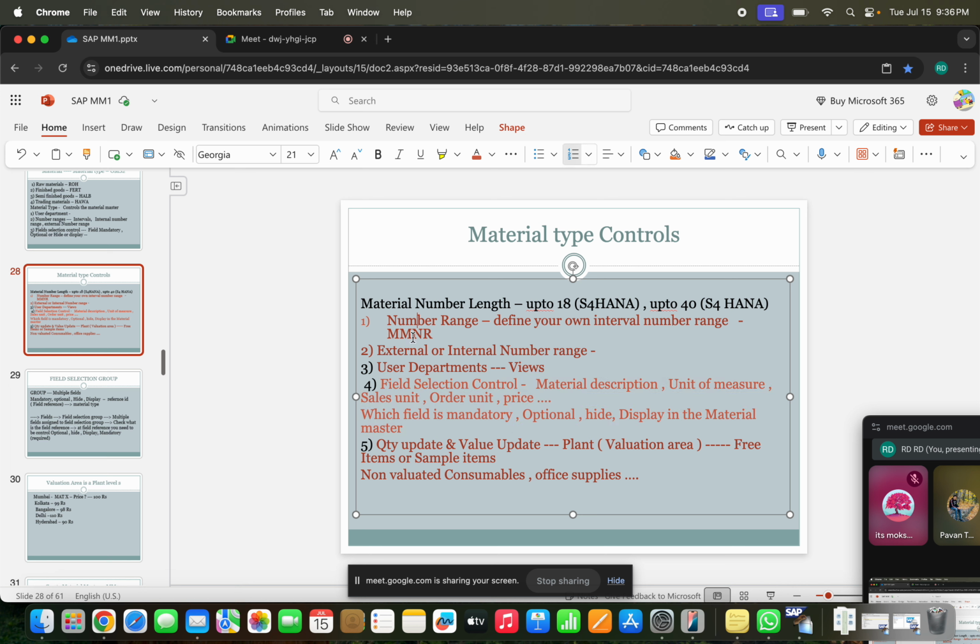5 controls: one is number range, second external number range or internal number range, user department, field selection control, quantity update and value update. The next control